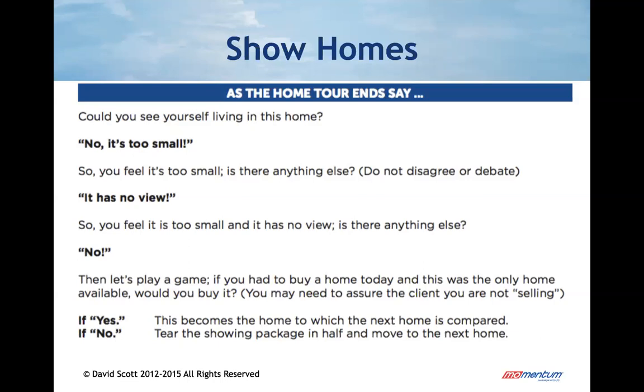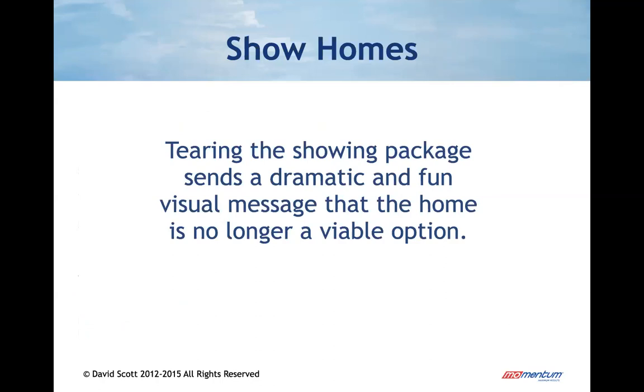Or ask the question, hey, let's play a game. If you had to buy a home today and this was the only home available, would you buy it? They say yes, great, it's a contender. They say no, okay, just tear your copy of the showing package in half. It's just a funny kind of dramatic thing to do to send the message that, okay, this one's